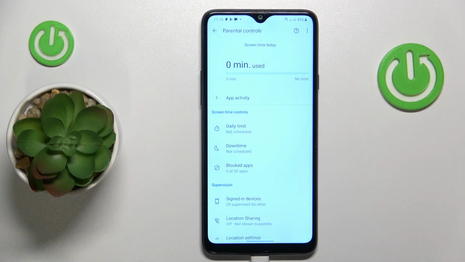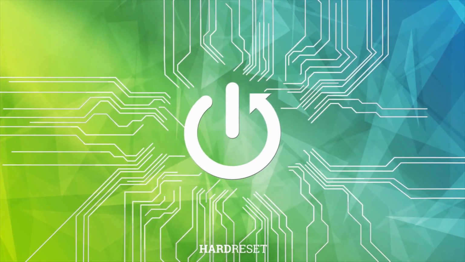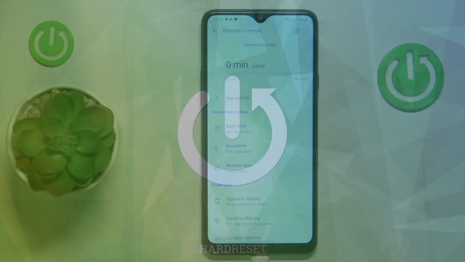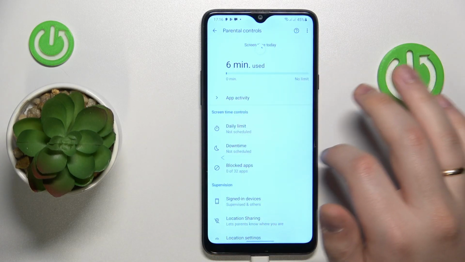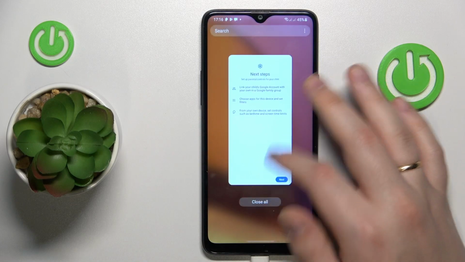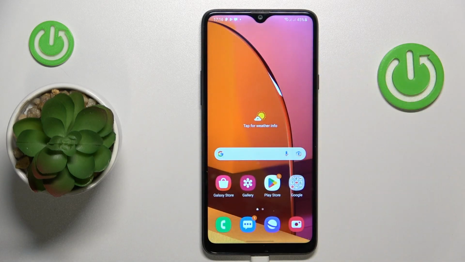This is Samsung Galaxy A20s, and today I would like to demonstrate how you can bypass parental controls on this device. So to begin with, as you can see, my parental controls are perfectly active. So in order to disable them, or well, rather bypass parental controls, you will need to open the Settings tab first,